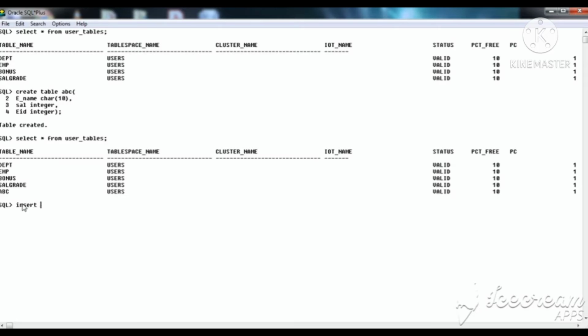Now the insert command. I will explain how the insert command works in the next video. Don't bother about it. Insert into ABC table name, values. What are the values?